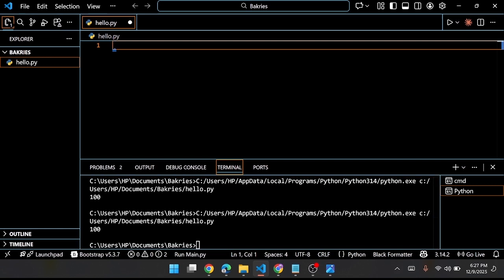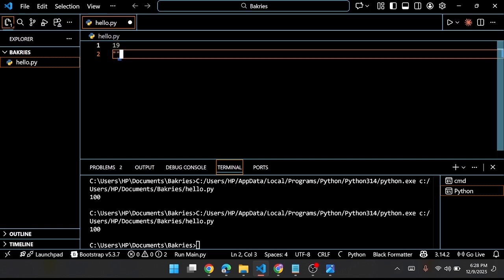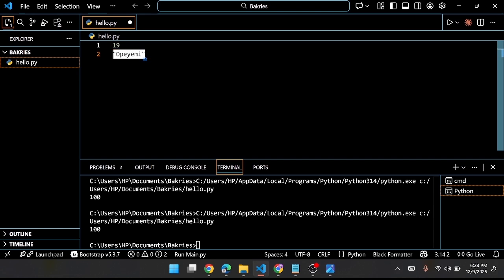If you're trying to store things like age, say 19, 20, these are numbers and it's called int in Python. If you're trying to store things like, let's say, full name, this is a string in Python. The other data types, we are going to get to. So before that,